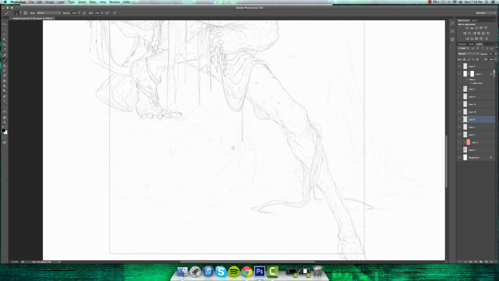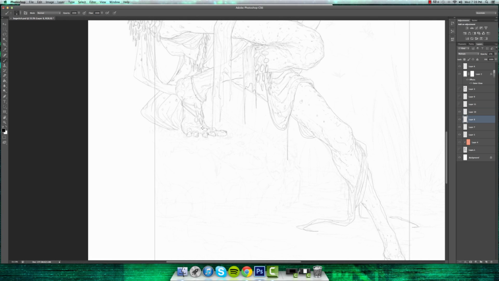Alright, now on to the moss and the grass on the bottom. So I have the character on a layer here, and I have the tree on another layer, and now I'm going to create one more layer, and this one will serve for the grass. And all I'm going to do is draw on top of the lines I already had there, and then I'm going to, underneath this layer, create another layer and fill it in white where the grass